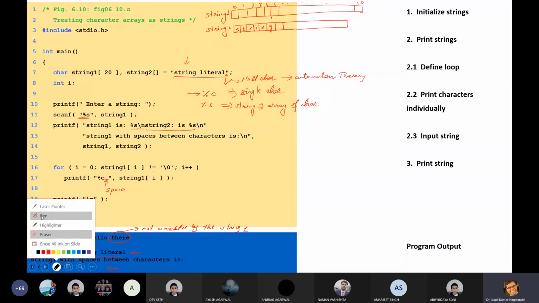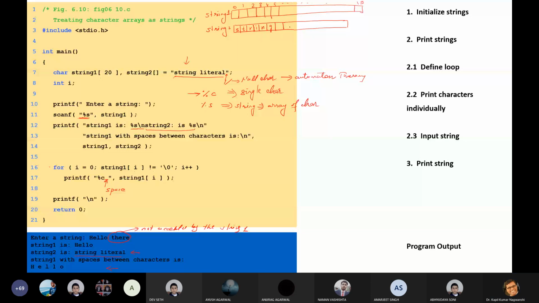So automatically this white space will be considered as character. So what is the size of this? 0, 1, 2, 3, 4, 5, 6, 7, 8, 9, 10, 11, 12, 13. So the size of this is 13, and one blank space or a \0 will be encountered here.